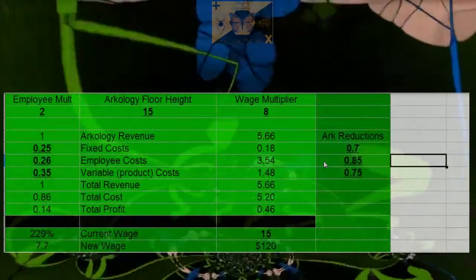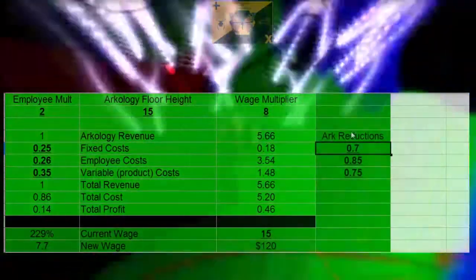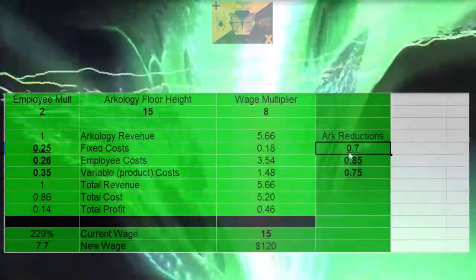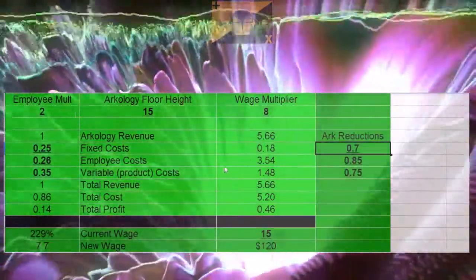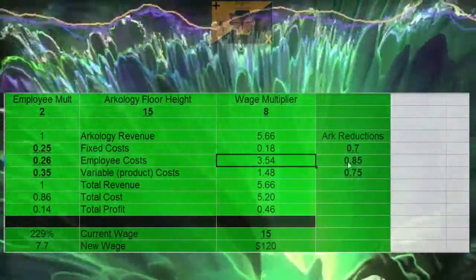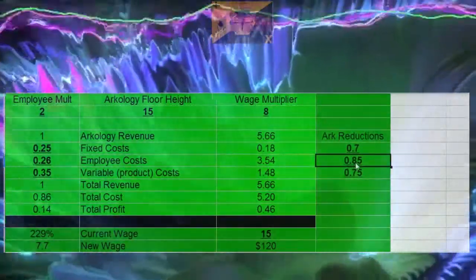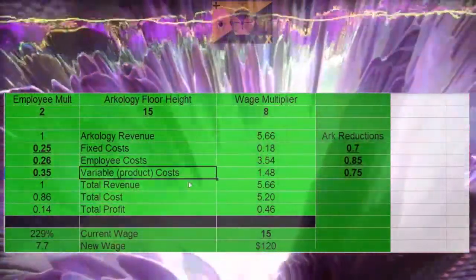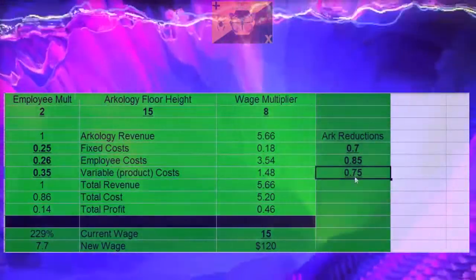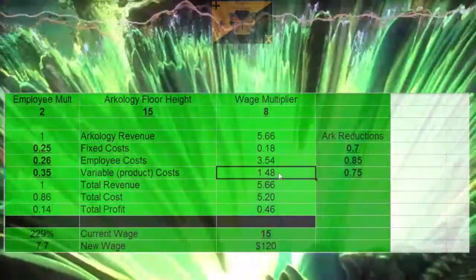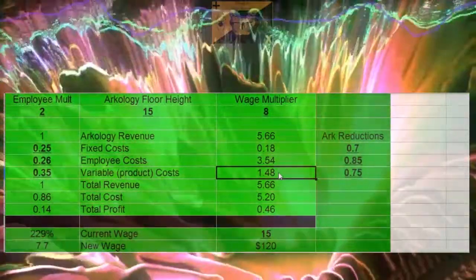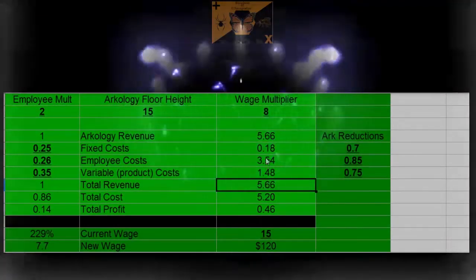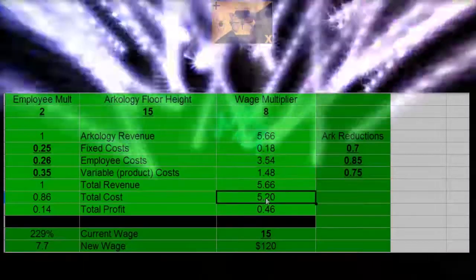And then over here we have our Arkology reductions. So our fixed costs go down by about 30% due to property taxes and utilities. Then you have employee costs, which would be down 15% due to no payroll tax. So your employee costs drop 15%. And then your product costs drop 25%, because of improved logistics and improved freight and improved shipping. So your revenue you just get from here, you add up these 3 and you get 5.2,